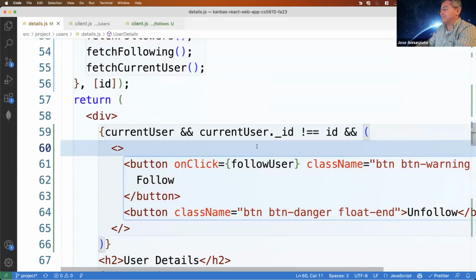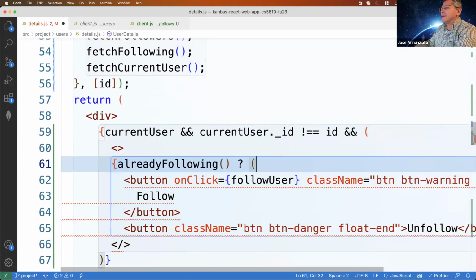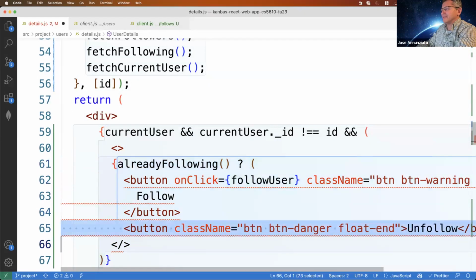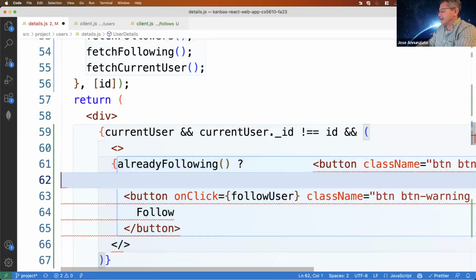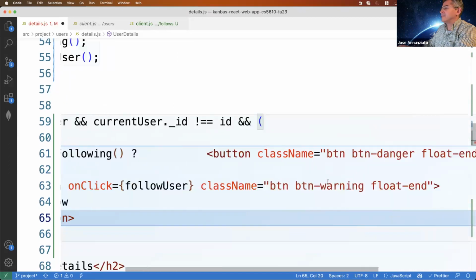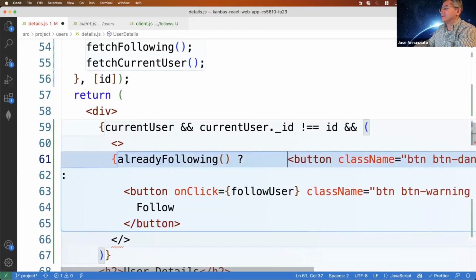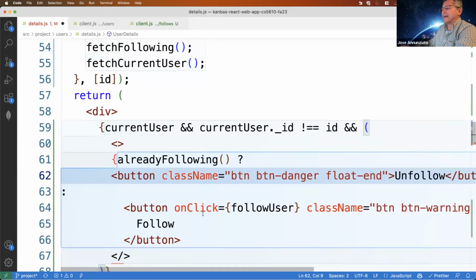I could make this a list like that, and say that if I'm already following, then I render this guy. Otherwise, I render this other guy, and follow like that. And then that, and then this.